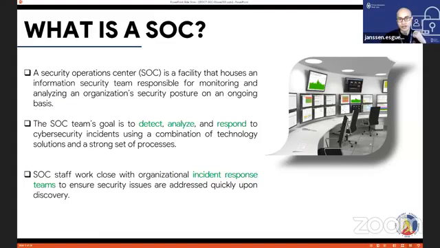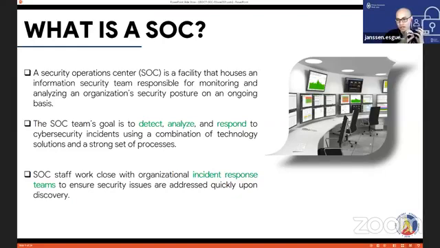A Security Operations Center is the facility itself. The only analogy I can think of is house versus home, right? The house is the physical structure, but the home is the people who live in the house, the family. So I think of the SOC as the house itself, and the home is the CERT, or the Computer Emergency